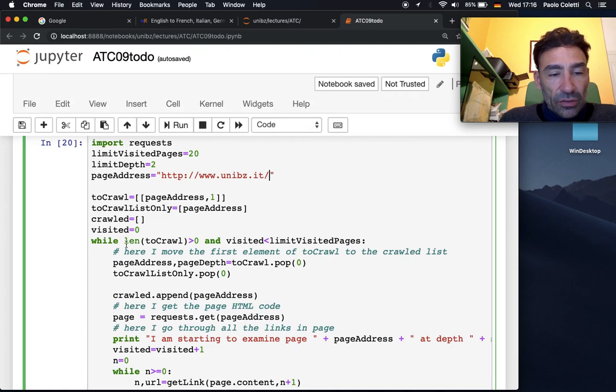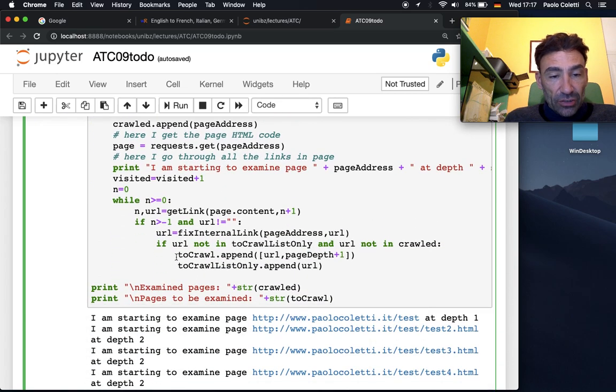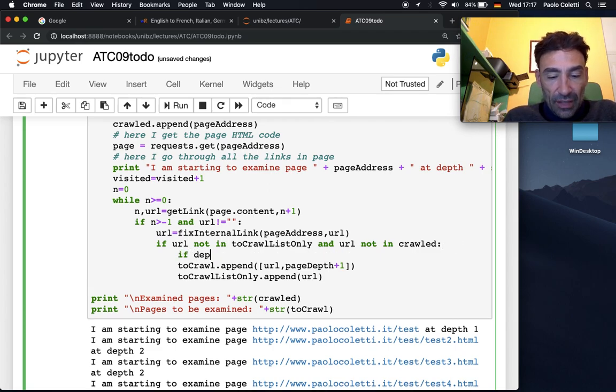Okay, so here, if for any reason I find a web page which has a depth at the limit, it's pointless. I will not add the new URLs, the new links that I find. So, if URL not in call list only and URL not in code, and okay, here now if page depth,